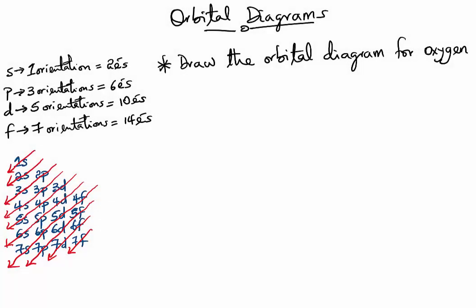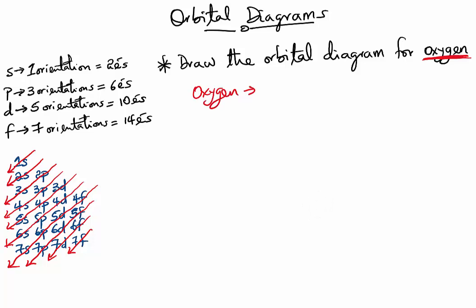Let us now learn about orbital diagrams. Let us take a look at this question. Draw the orbital diagram for oxygen atom. Before you can draw the orbital diagram, the first thing to do is to write the electron configuration for the atom. For oxygen,